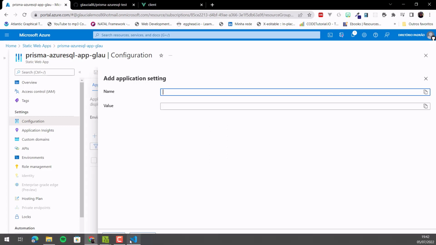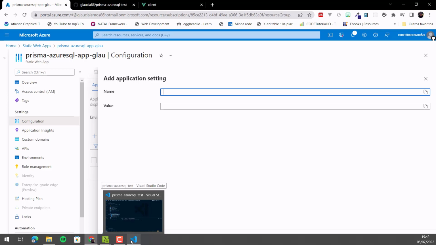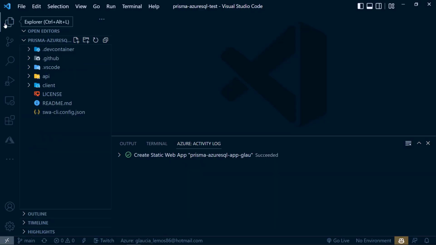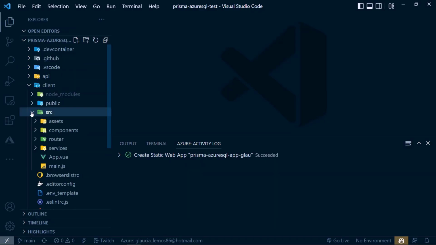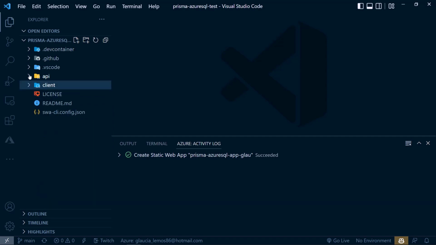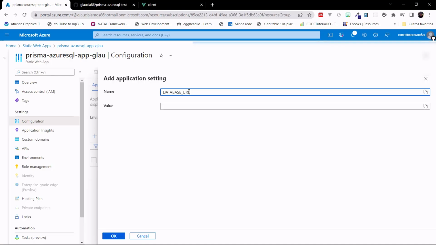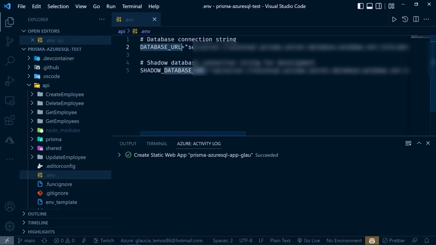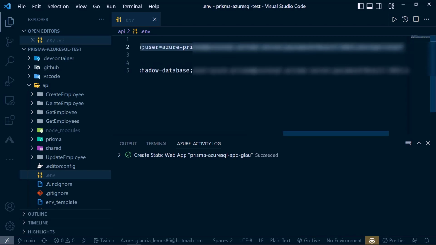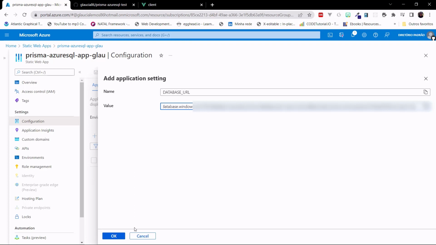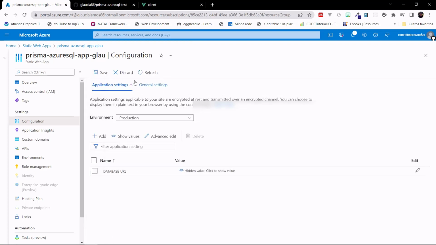Then you will return to the Visual Studio Code, inside the api .env file here, and copy this information, database URL, the whole connection string. Let's copy this information, paste it here, okay, and save.